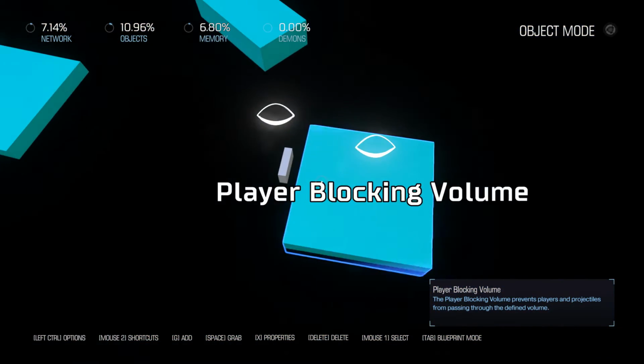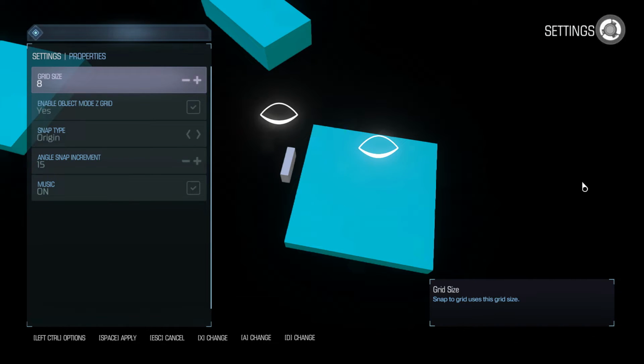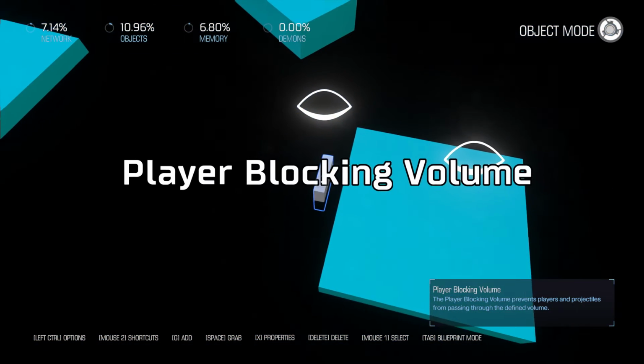And one trick here that I think probably a lot of people don't realize is that you can change the grid size here in SnapMap to get you a close fit or space objects apart further and things like that. We can do that by pressing F1, by the way. If we bring the grid size up, you can see right now it's at 8. That's already quite small. Yours will probably be quite bigger than that by default. I think I lowered mine to 8 earlier. But to get it just right, similar to the example that I showed you, I lowered the grid size all the way down to 4 for the doors. So if we take it down to 4,